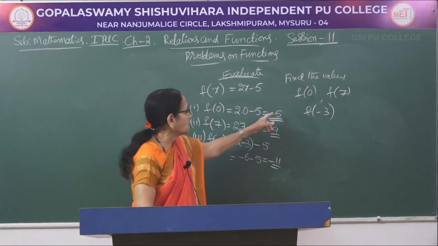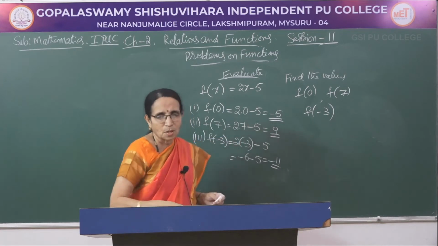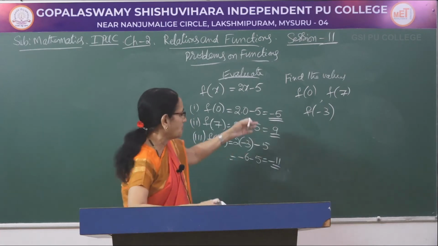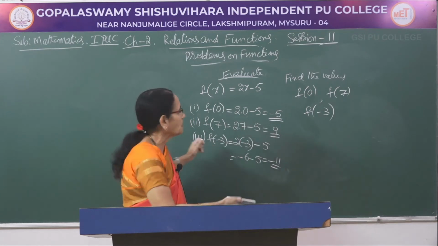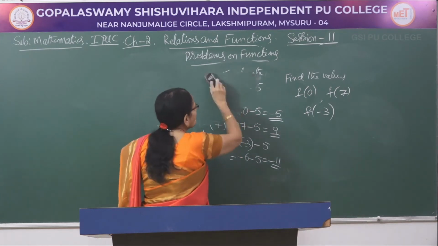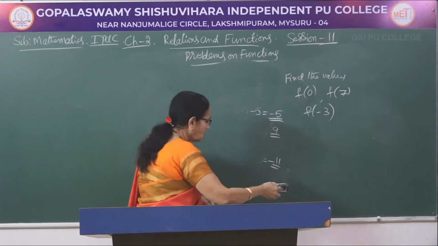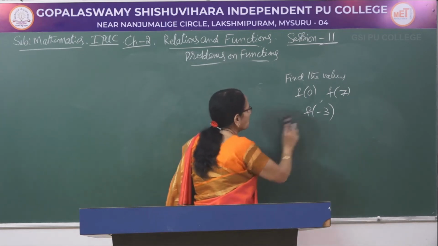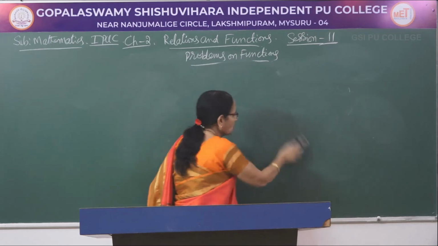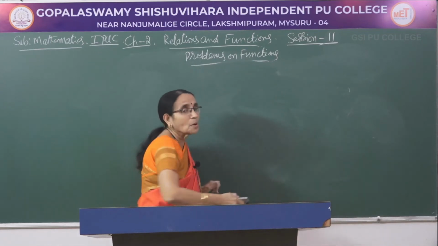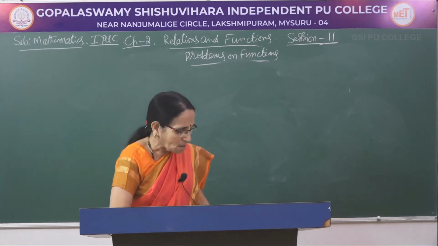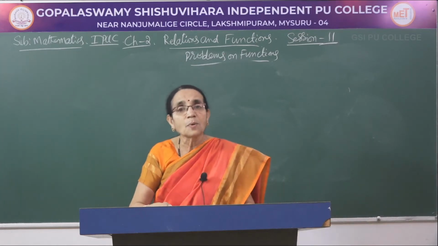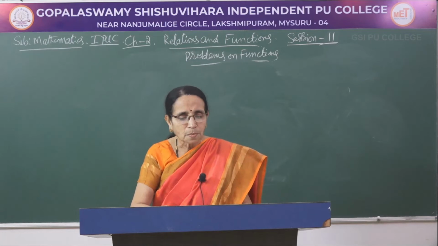If only one number is asked, it is for a 1 mark question; if 1 or 2, depending upon it. If all 3 have been asked, it can be expected for a 3 mark question. So, this is the procedure. It is a very simple problem compared to the previous type of problems where we were calculating the domain and the range. Here, just wherever that unknown number x is there, write the value that has been given in the problem.